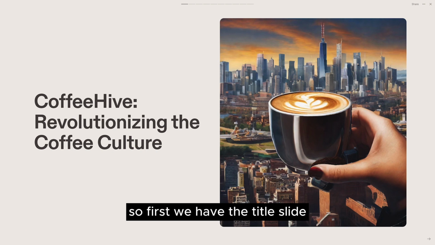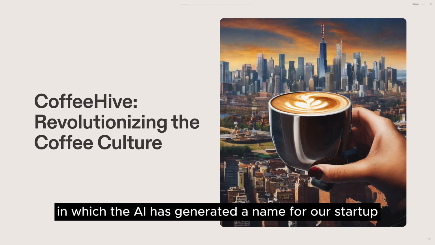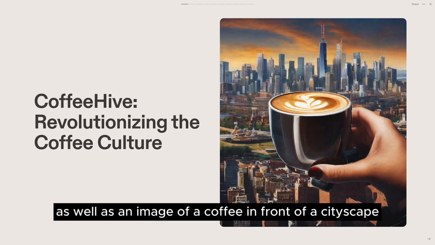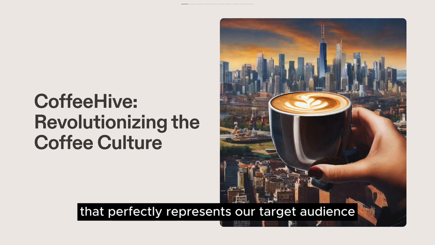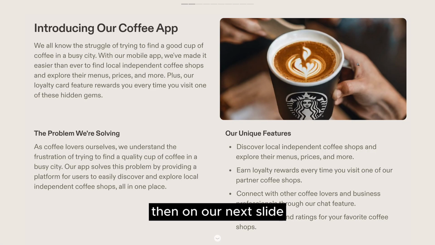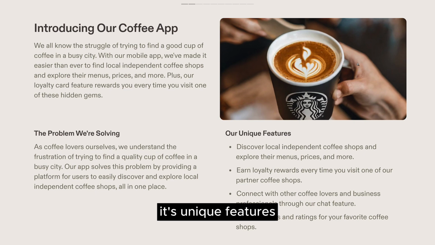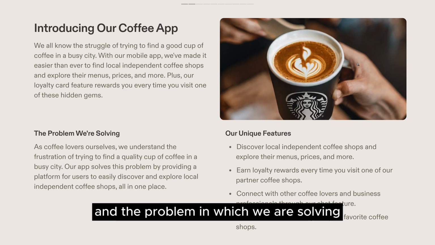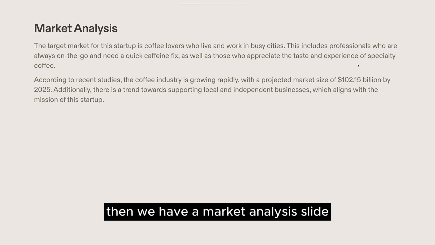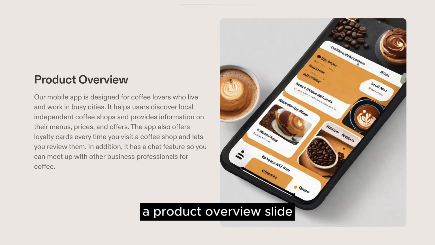So first, we have the title slide, in which the AI has generated a name for our startup and a slogan as well as an image of a coffee in front of a cityscape that perfectly represents our target audience. Then, on our next slide, we have an introduction on our coffee app, its unique features and the problem we are solving. Then we have a market analysis slide, a product overview slide,